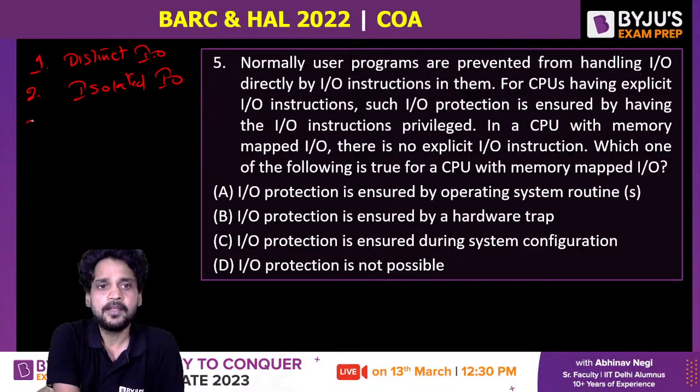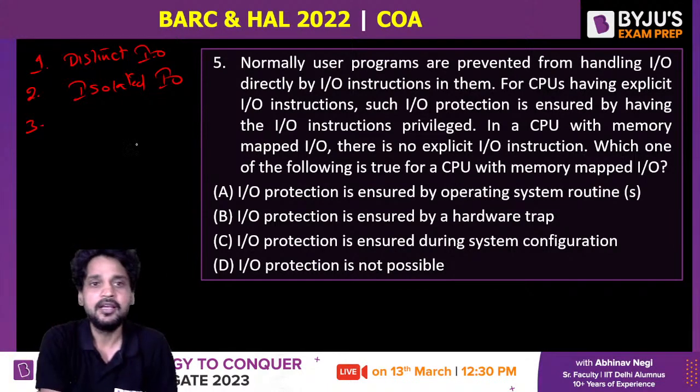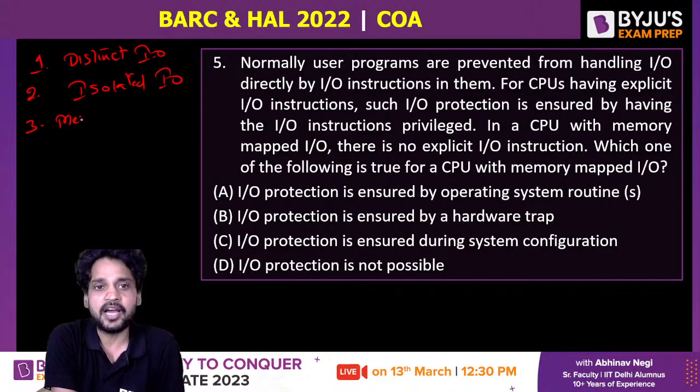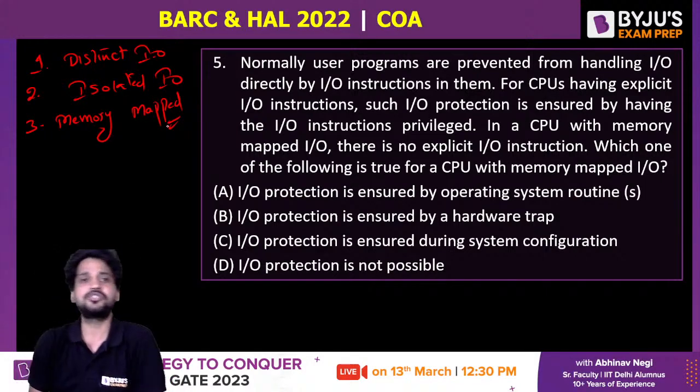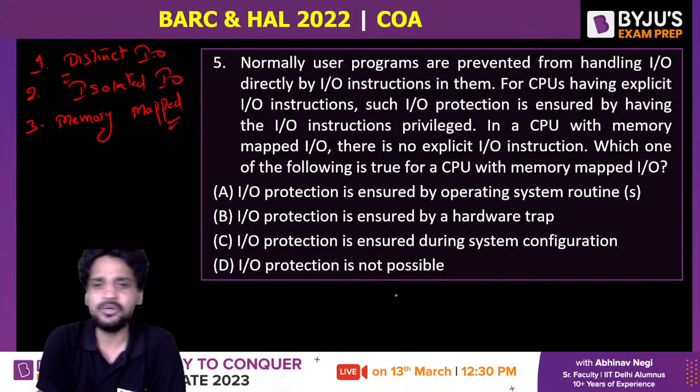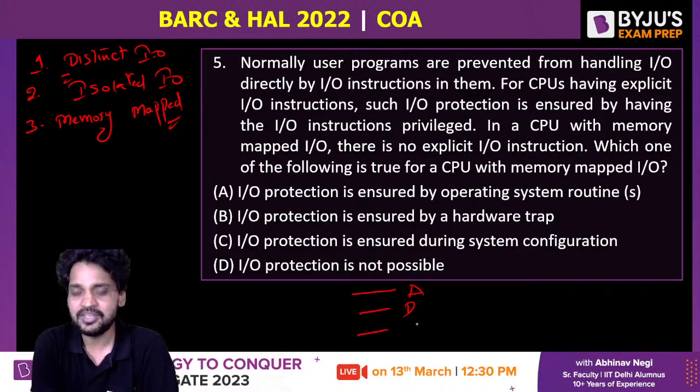Stay focused and just listen and get it into your brain. The third one is memory mapped IO. These are the 3 ways I can have my bus system configured in my system. What is distinct IO? You know that the bus system has 3 entities. The first one is the address bus, the second one is the data bus, and the third one is the control